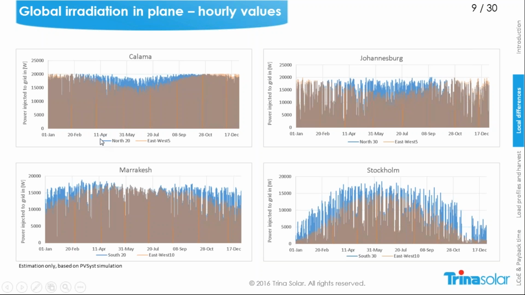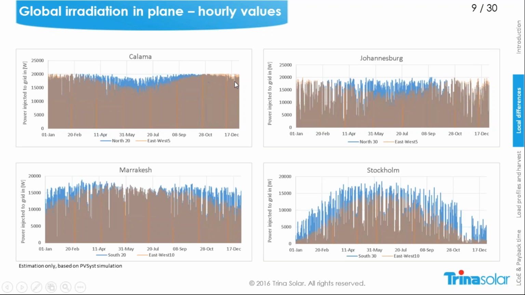Here I always have two examples. I have an example here in blue. It's always a single orientation to north if you're in the southern hemisphere, or to south if you're in the northern hemisphere, and then an east-west system. For sure, tracker systems can also be taken into consideration, but here I want to show clearly the differences between two different orientations. As you can see here, for example, in Calama, with east-west orientation during the summer months, you